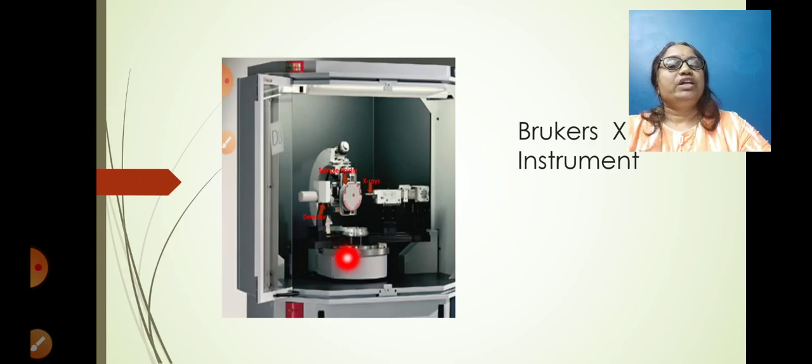Now the instrument here is a goniometer, so the sample can be rotated, and we also have a Debye-Scherrer camera here which records the intensity or the count rate. The sample is a KCl crystalline powder. It is crushed, smeared on a glass plate and placed at this position. This is Bruker's XRD instrument.